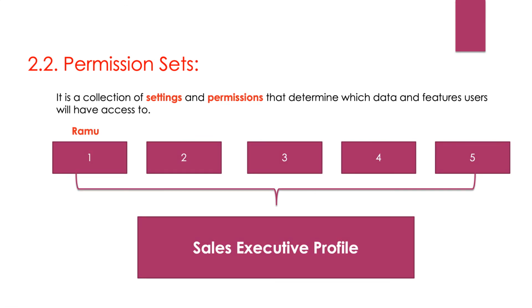But we need to take care of whom we are giving this access. Whenever there is the same group of people on the same profile, and among them some need additional access, you will use permission sets. Using that permission set, you can give access to data or features to the small set of users who need it. Then they will access everything allotted to them at the profile level as well as through the permission sets.